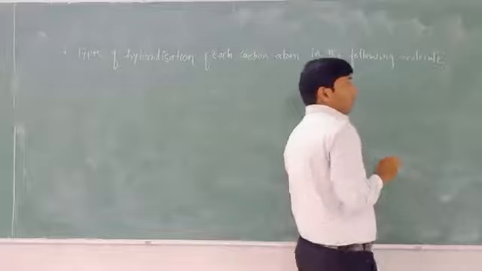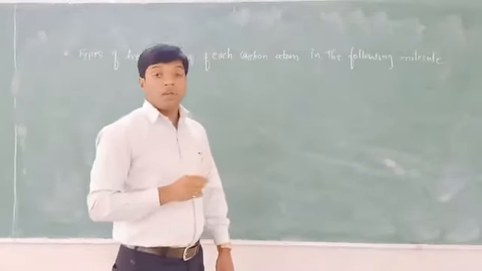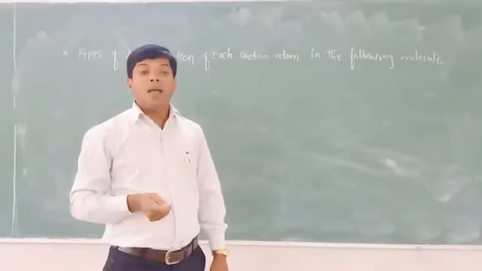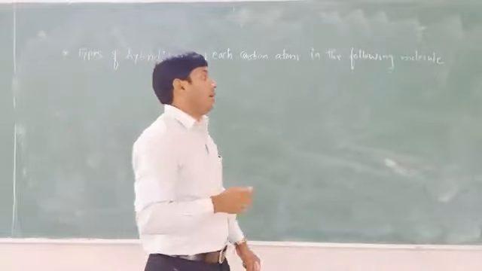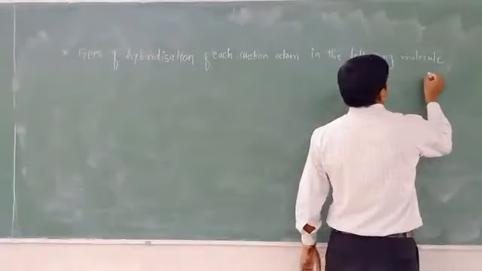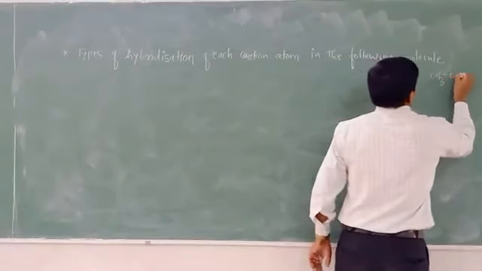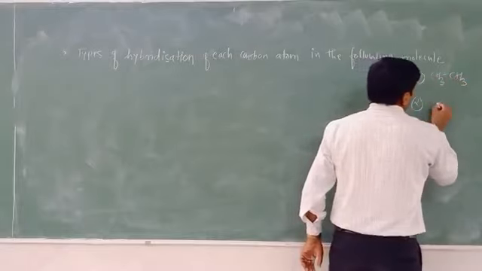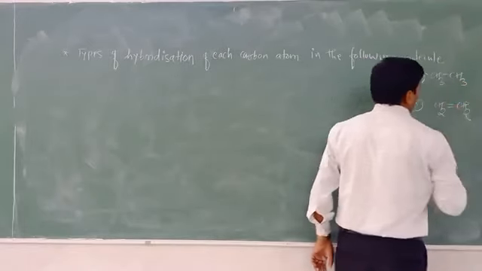I want to consider a few examples from the alkane family, that is, ethane. Then I will go to the alkene family and consider ethene, and then the alkyne family, with ethyne as the example. First I write the example from the alkane family, ethane: CH3 single bond CH3. Second, I write CH2 double bond CH2. This is the alkene family, ethene.